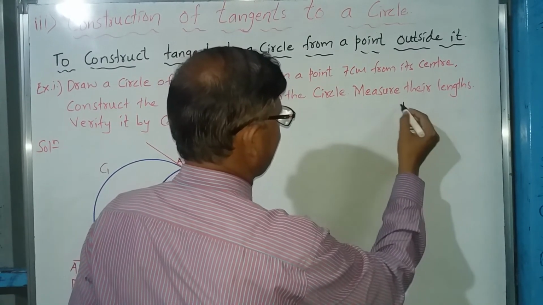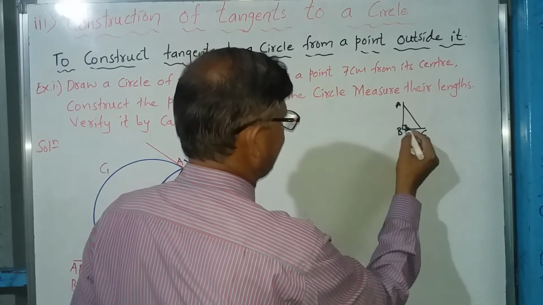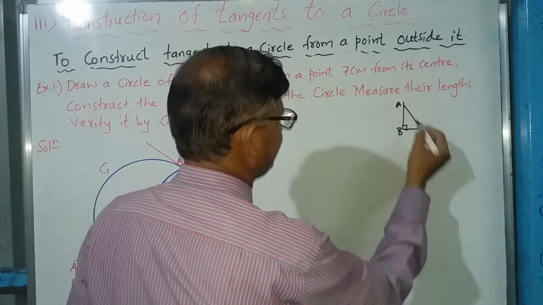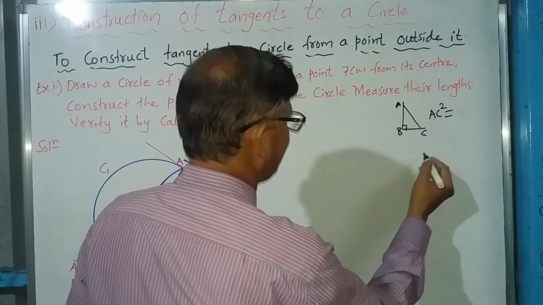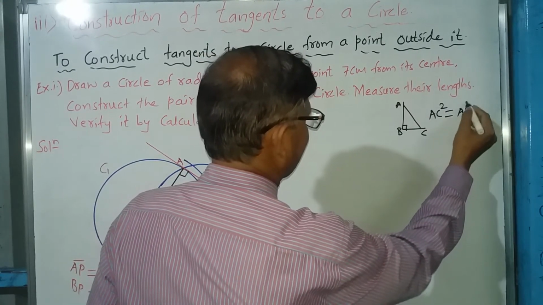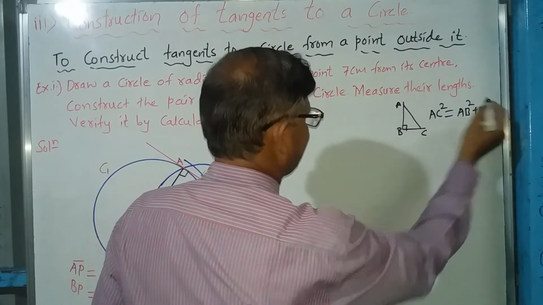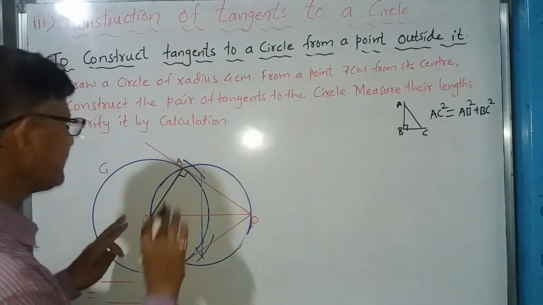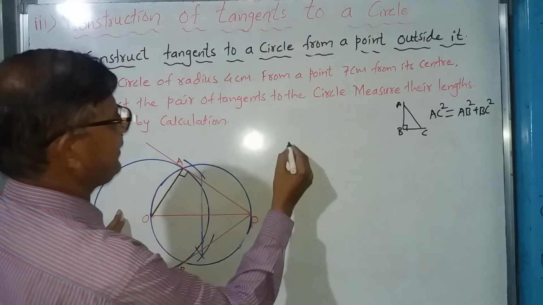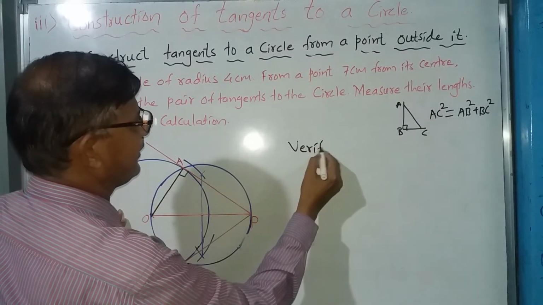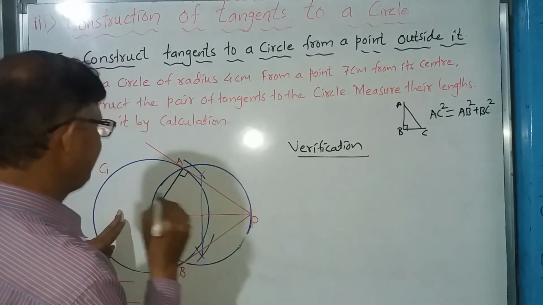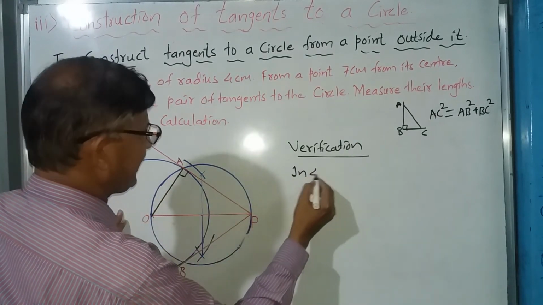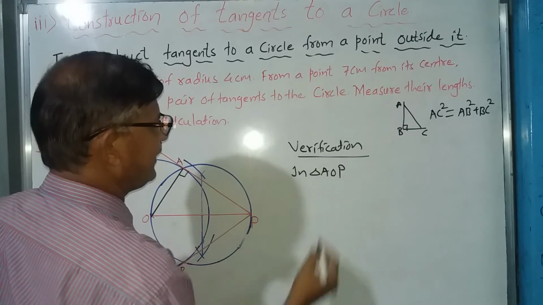What is the Pythagoras statement? It says that if ABC is a right angle triangle, then hypotenuse, meaning the biggest side, squared, that is AC square is equal to AB square plus BC square. This is what we are going to apply here. So here for verification, we are doing calculation. Verification by calculation. So what do we do here? We will take the triangle, in triangle AOP,